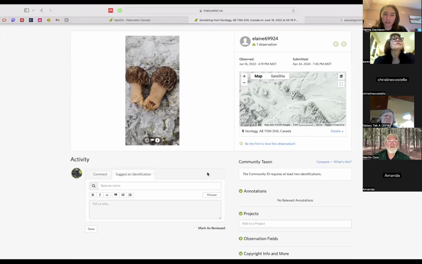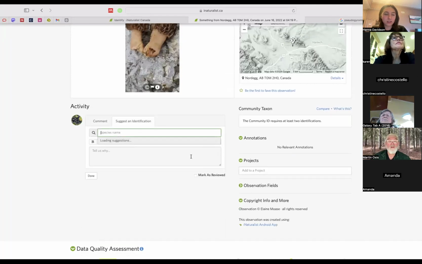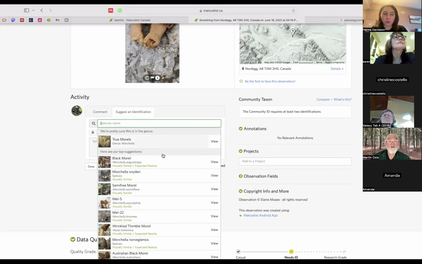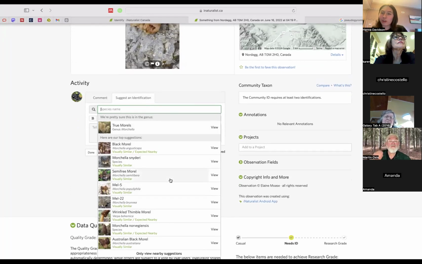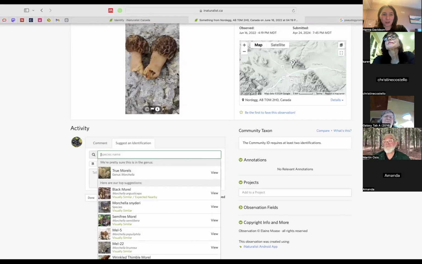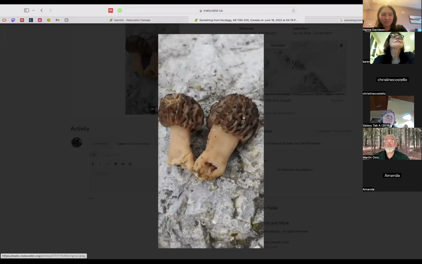So we can see what the algorithm suggests. Thinks it's a morel. It has some species suggestions. Is anyone good at morel species? They want to tell me what it is. Myself, I would pick just genus because I'm not good at the species level all the time. Maybe someone else knows. I'll go up to this picture. That's all you get.